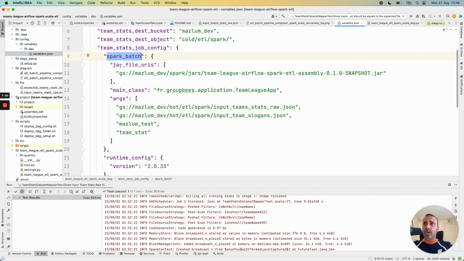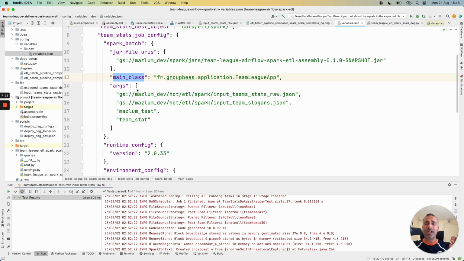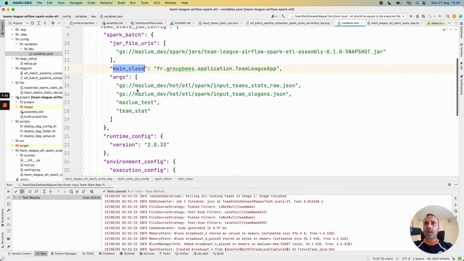For example, when we deploy the Spark job, we will generate a fat jar and copy it in a cloud storage bucket. We need to give the path of the jar file to the Dataproc serverless job. You also need to pass the path to the main class that contains the entry point of the Spark Scala application.